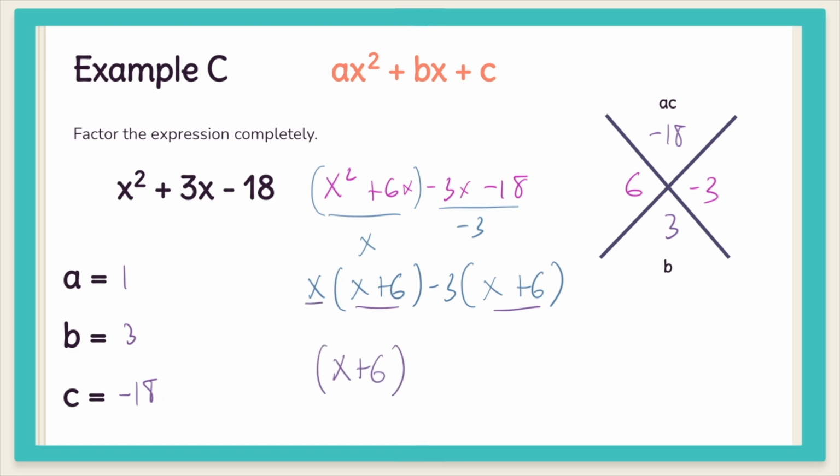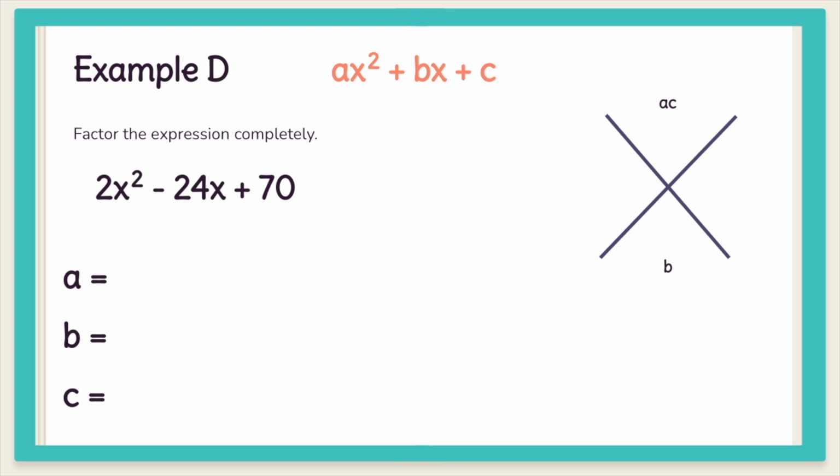And then I've got an x and a negative 3 left over, so x minus 3 is my other factor. Now let's move on to the next example. So here in example D, it's a little different because this time my a is not equal to 1, it's 2. But the good news is I can make it 1 because I can see that I have a greatest